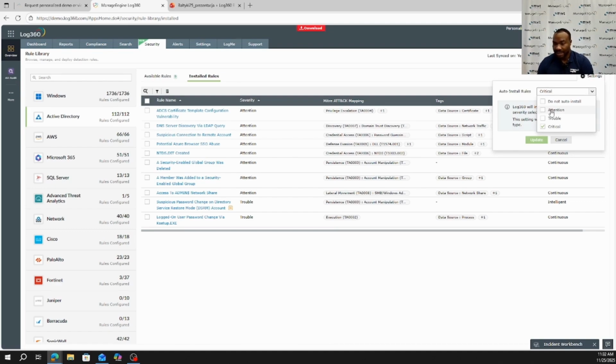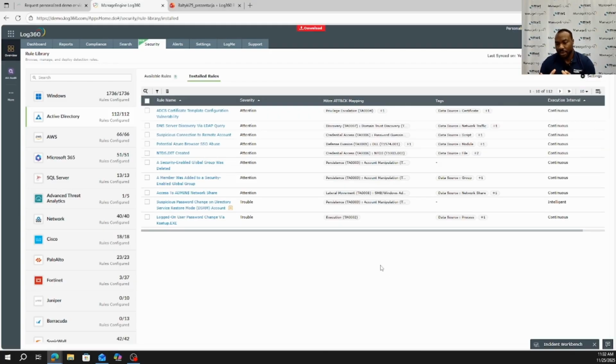You would like to install it manually, or you want just the critical rules to be installed. So this gives you the possibility to manage your organization, protecting you from any outside threat based on those rules,